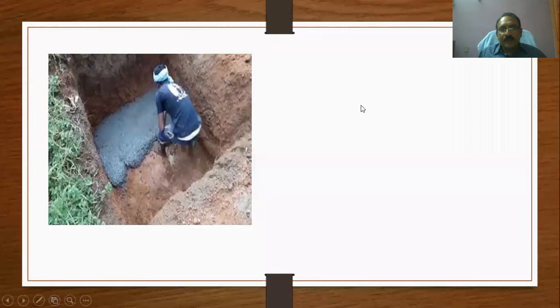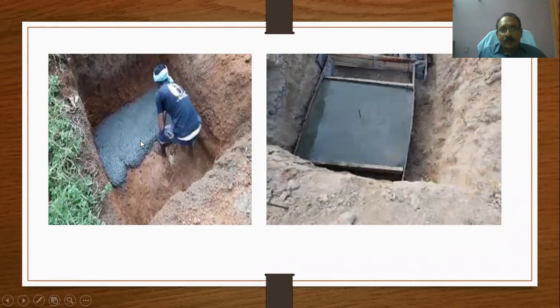This is a foundation, PCC bed under foundation. You observe carefully how they are doing. This is the foundation under the footing. After excavation, this is the first step we are going to do. How will we calculate? This is width, breadth, and depth.